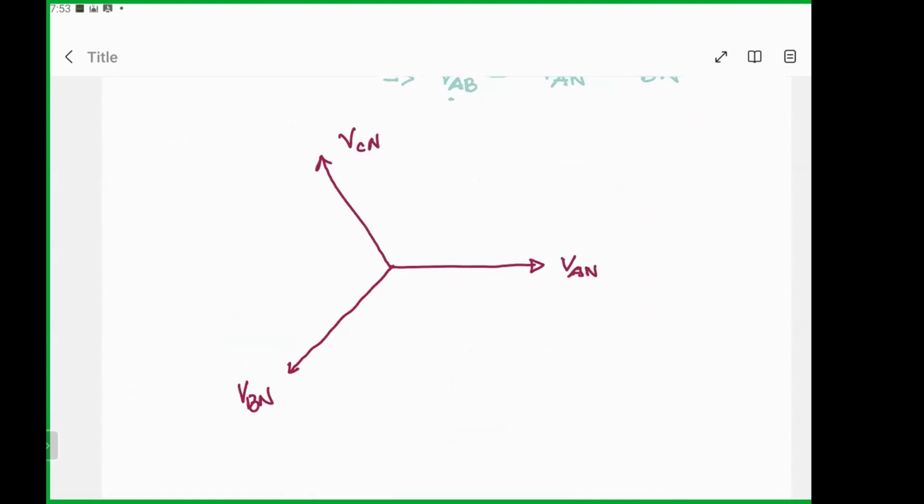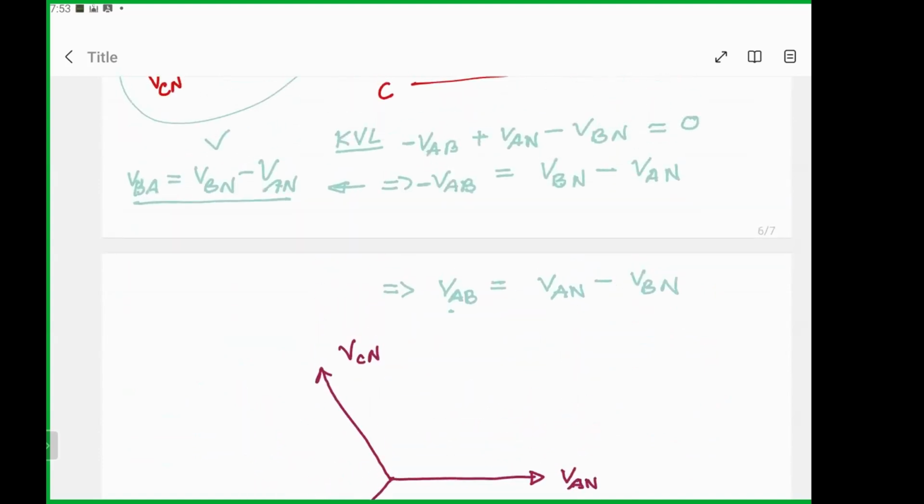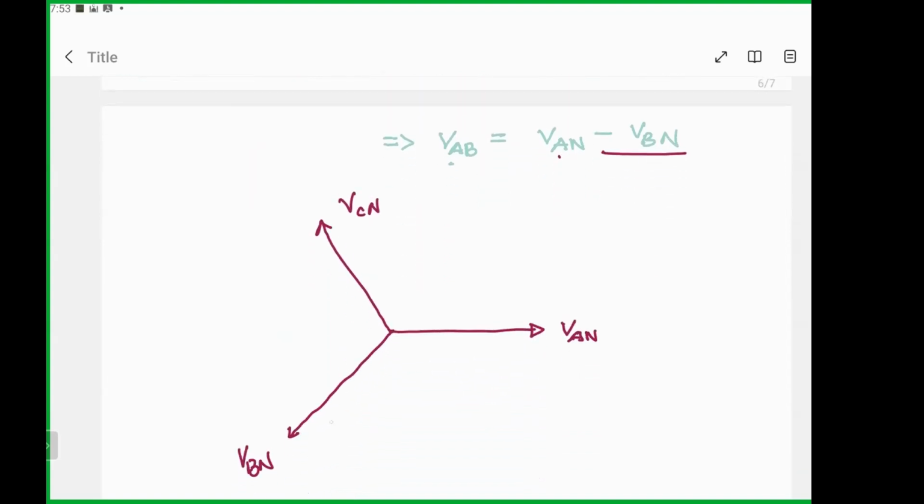So this is this one. Now you have to subtract VBN from VAN, we have to subtract VBN. So if we add these two, that would look like this one. If we add VAN and VBN with the rectangular geometrical calculation,